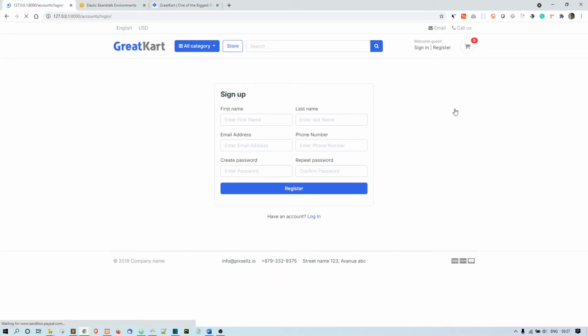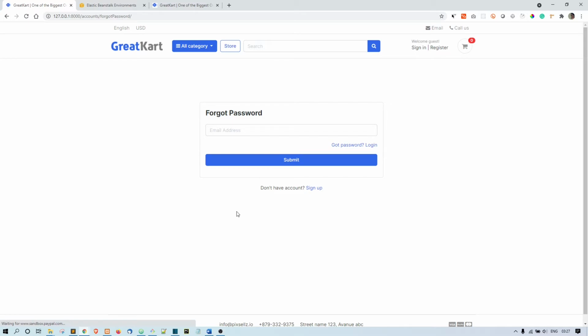In the same way, we have the login functionality, and after that we have the forgot password functionality also. This forgot password is also based on token verification, so it will send you a password reset email. When you click on that, it will validate your sessions and tokens, and after that it is going to allow you to reset your password. Otherwise, the token will automatically expire, so there is no chance of any hacking techniques.